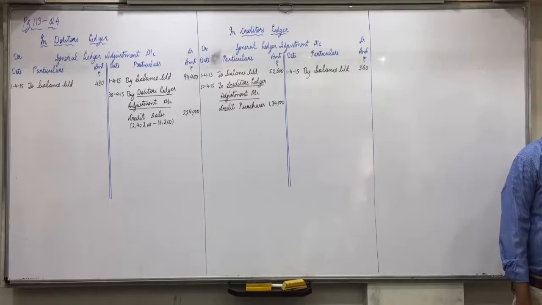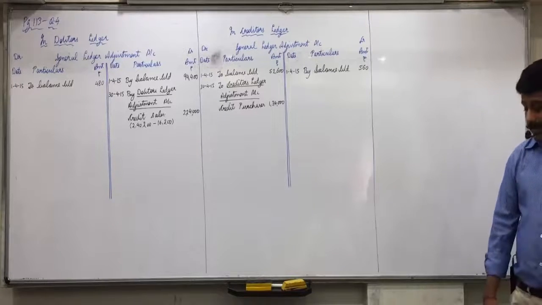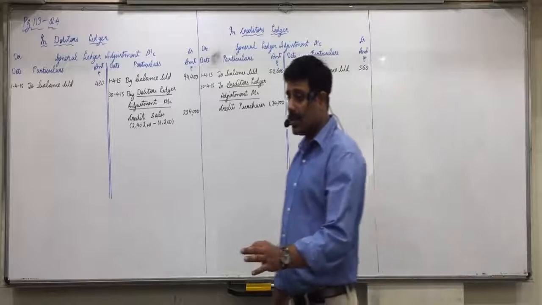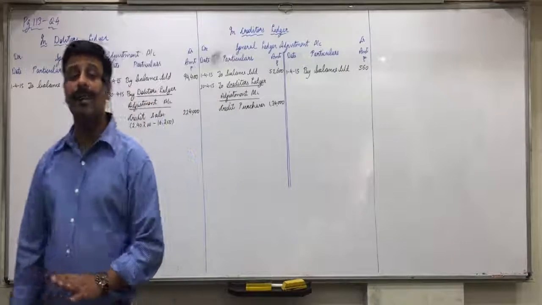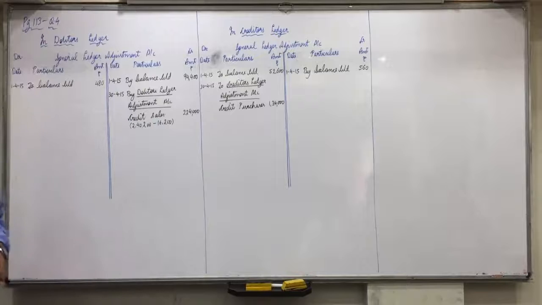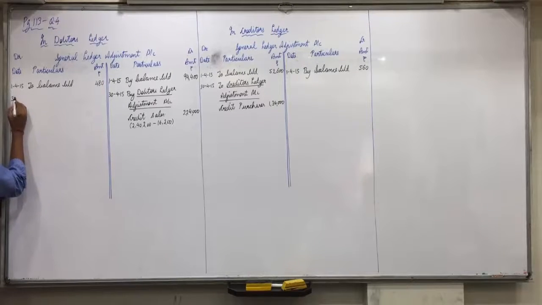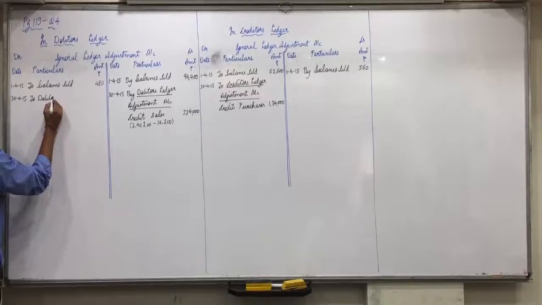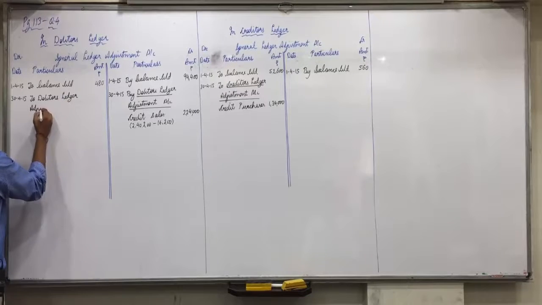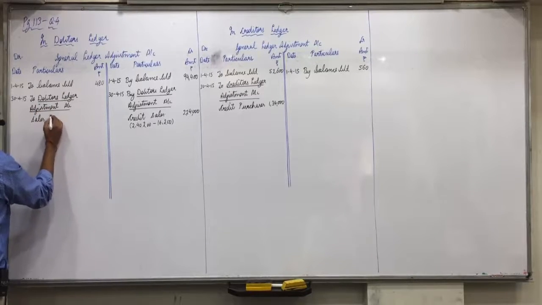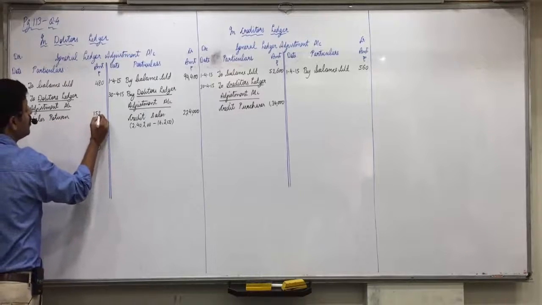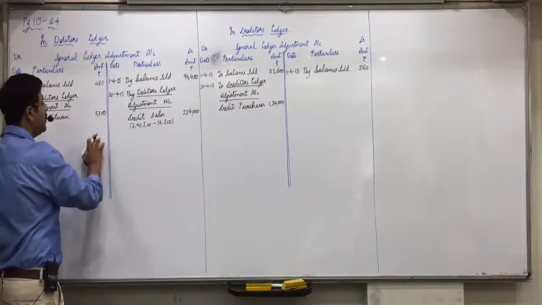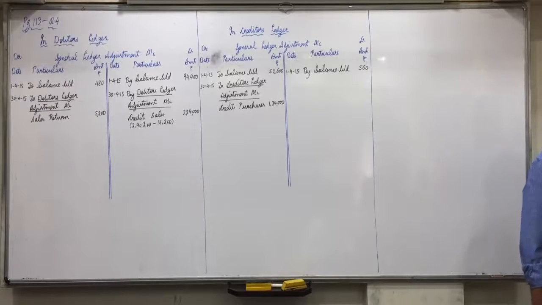Any confusions? Then sales return 5,200. What is the journal entry for sales return? Sales return account debit to debtors. You will see from the sales return point of view. Sales return account debit means in the general ledger adjustment account on the debit side. Okay, able to understand this? Yes, sir. To debtors ledger adjustment account, sales return. How much is that? 5,200. Is everyone clear with this? Any confusions up till here?